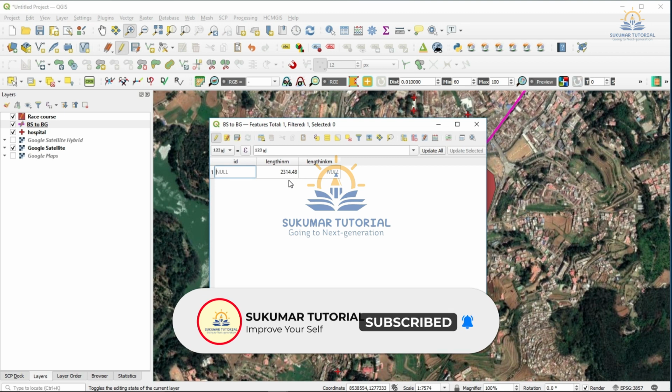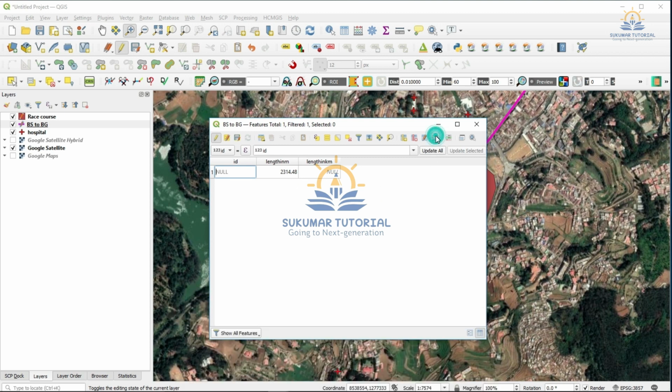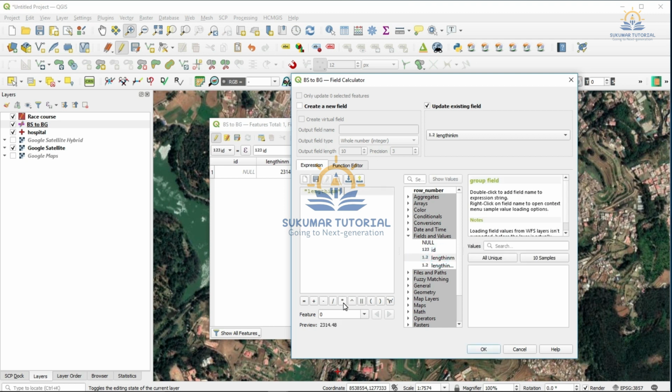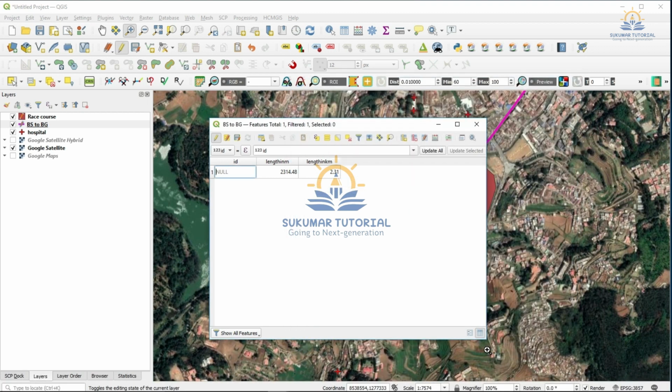1000. So I am just going again to field calculator, updating the field, that is length in kilometer. The field length in meters I am bringing here, divided by 1000, say OK.